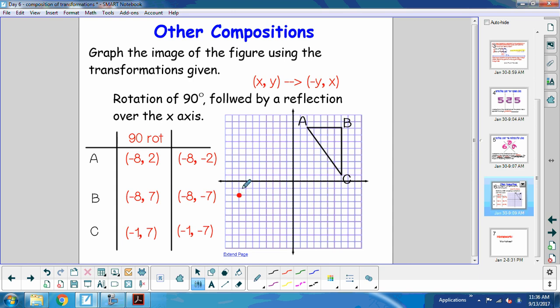Then we have the point (-8, -7). And then we have the point (-1, -7). Okay, so if I draw in my new triangle,